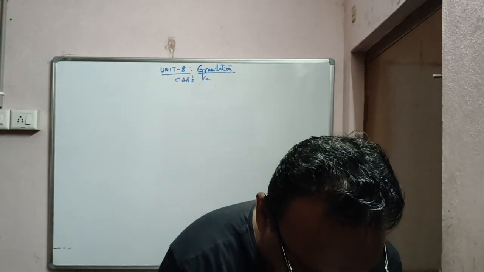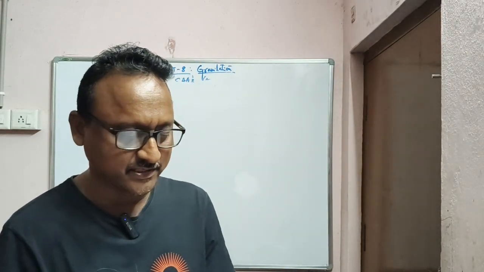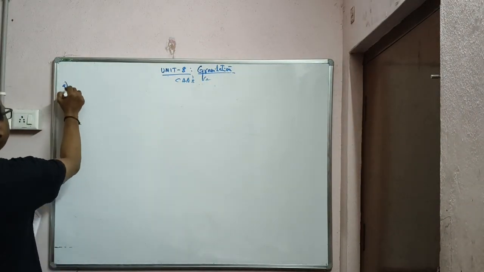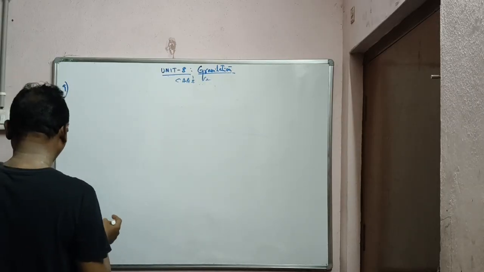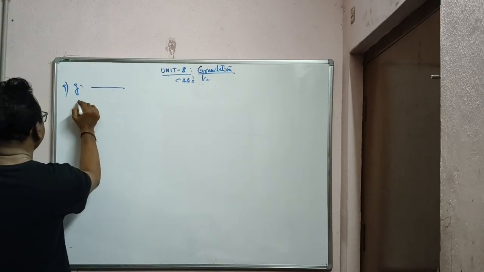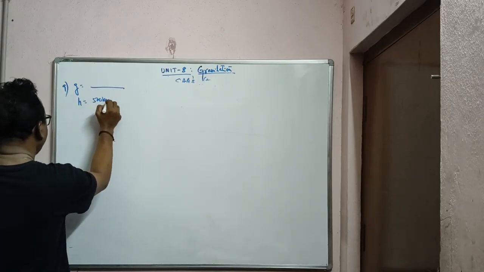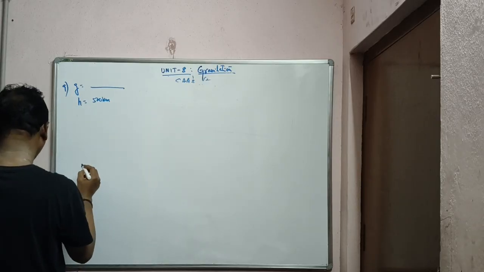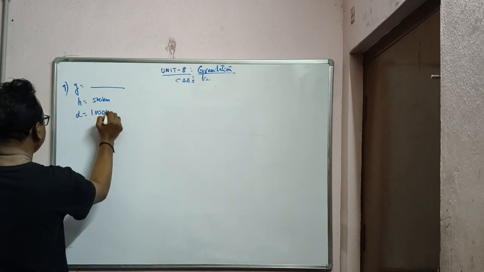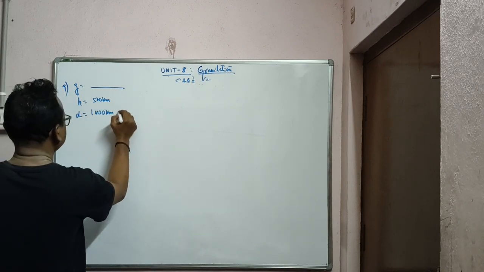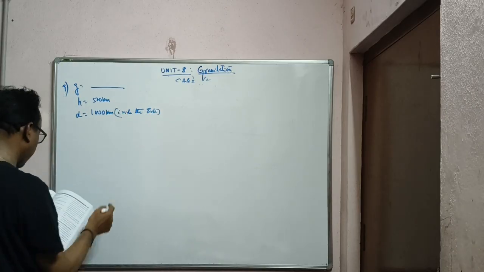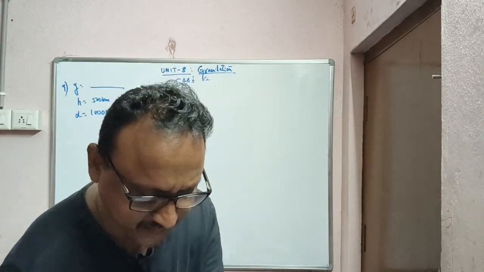Next, the 9th one: calculate the value of acceleration due to gravity. Telangana students, 9th question. I left the similar ones. Calculate the value of acceleration due to gravity, that is g value, at a height of 500 kilometers above the earth's surface and at a depth of 1000 kilometers inside the earth. The question was given in Telugu. He said calculate the value, this is very easy.